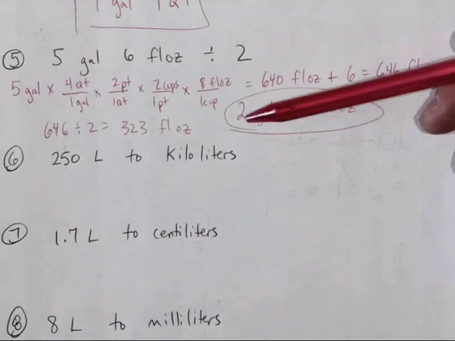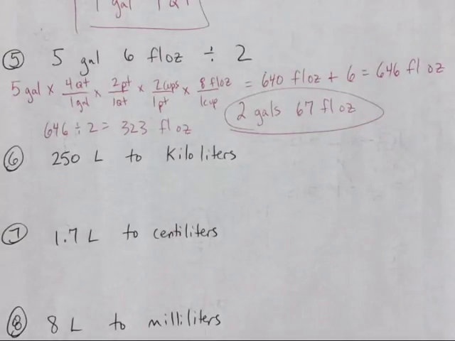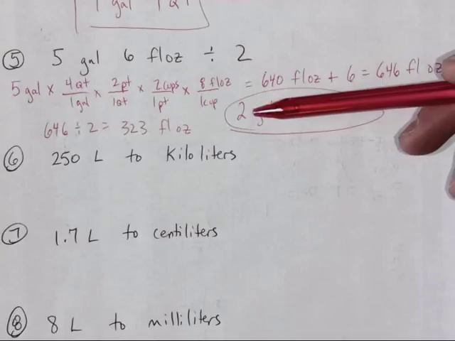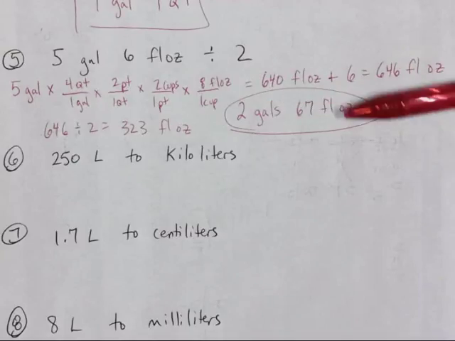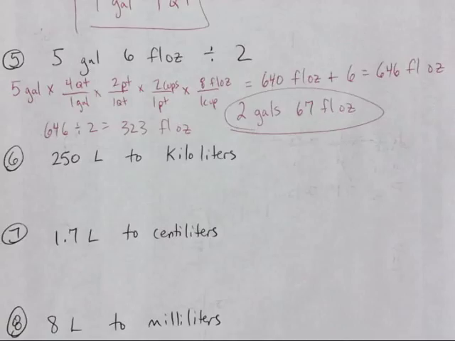So I know that there's at least 2 gallons, and basically I'm just trying to get as close to 323 as I can. If I did 3, I'd be over 323. So 2 times 128 gives me 256, and then 323 minus 256 gives me the remaining 67 fluid ounces. So, okay. Alright,